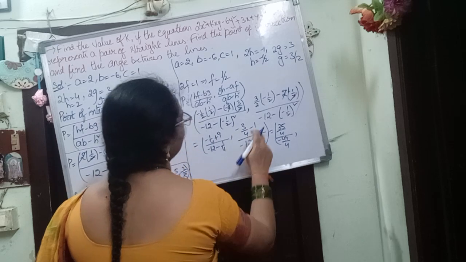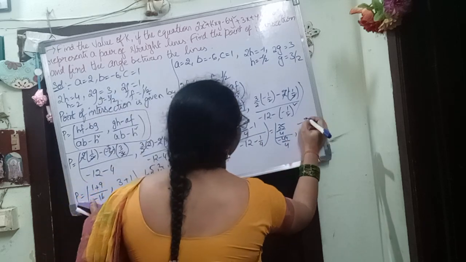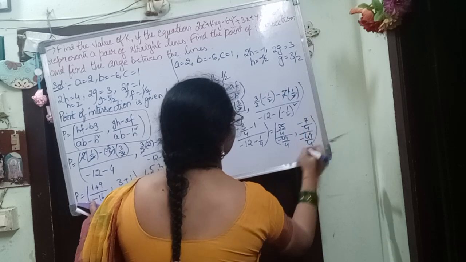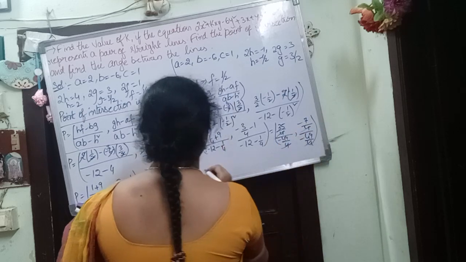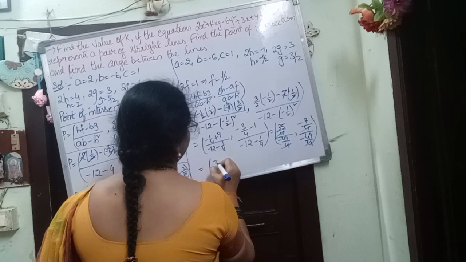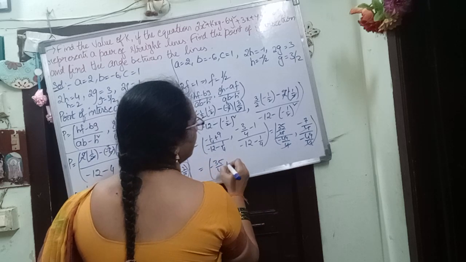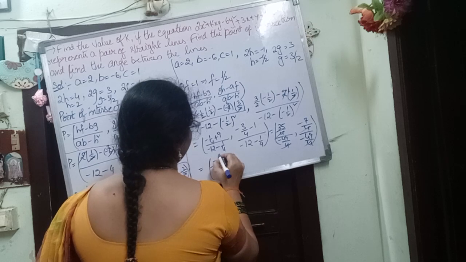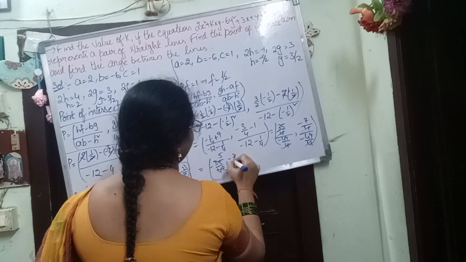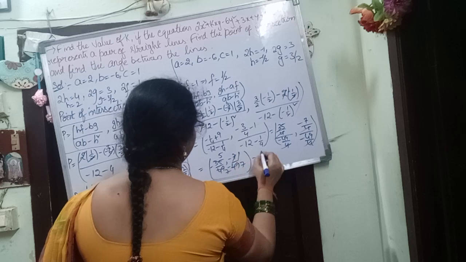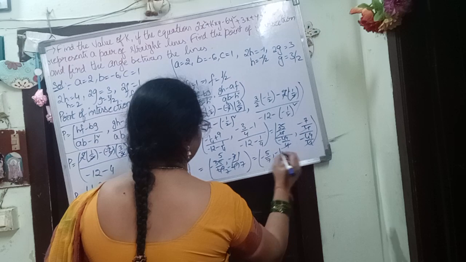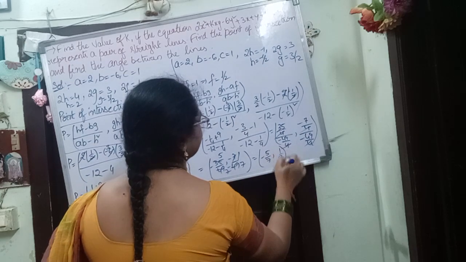Minus 3 minus 4, that is minus 7 by 4 by minus 49 by 4. Again the 4s cancel, that equals minus 35 by 49 by minus 7 by minus 49. 7 5s, 7 7s, 7 1s, 7 7s. That equals minus 5 by 7, comma, minus 1 by 7. Sorry, not minus 1 by 7, plus 1 by 7.